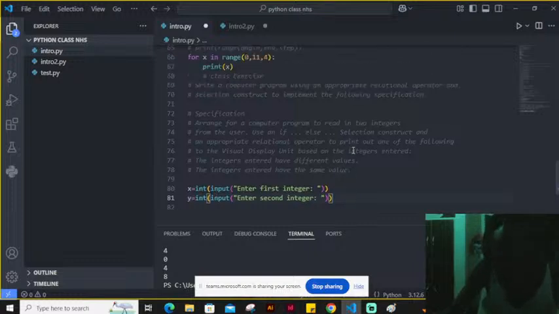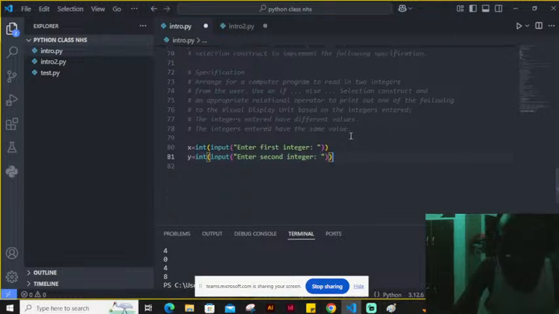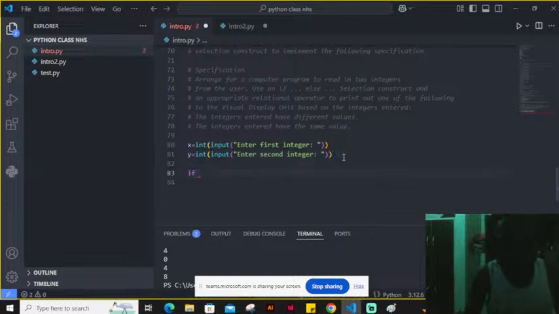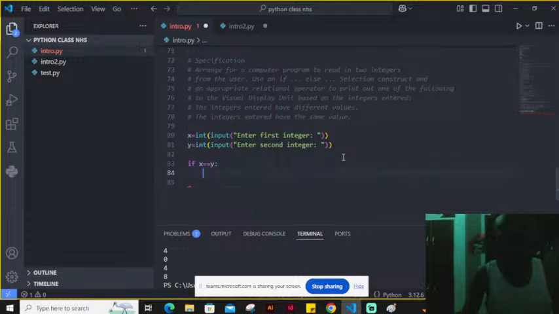Then the question said, from the user input which you have gotten, use an if else selection construct and an appropriate relational operator to print out one of the following to the visual display unit based on the integers entered: the integers entered have different values, and the integers entered have the same value. So I can then bring out the if statement. If x is equal to y, print out